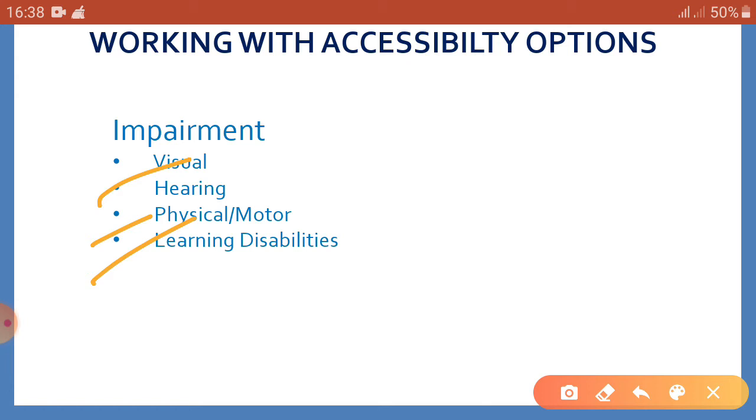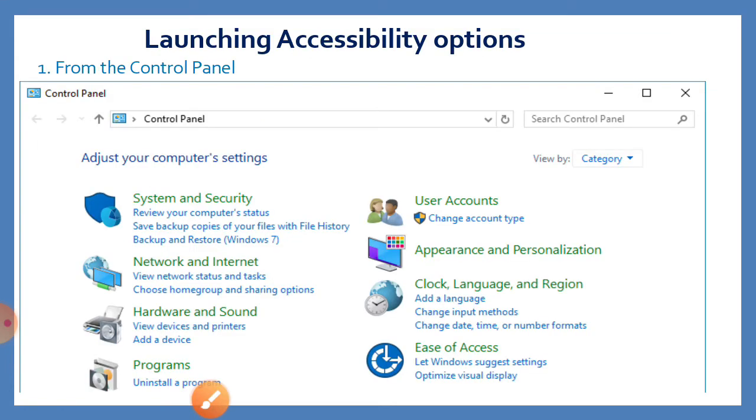So in this lesson we shall discuss how specially abled users can tune up accessibility settings of their computers to operate them easily using Windows 7. So now first of all is launching accessibility option.